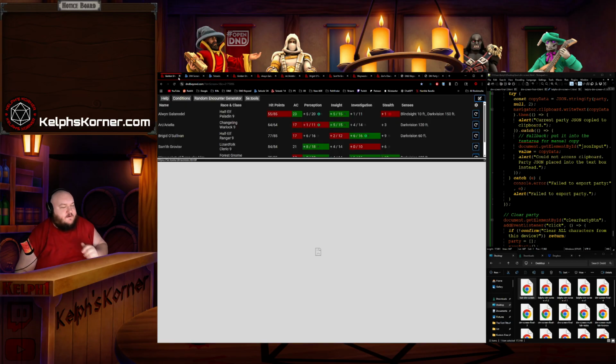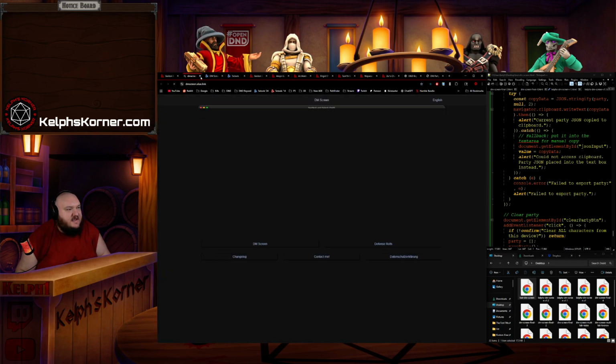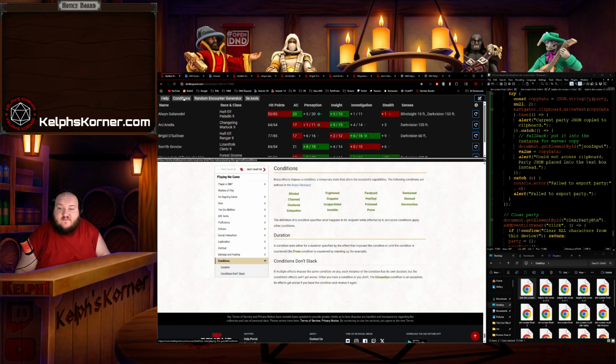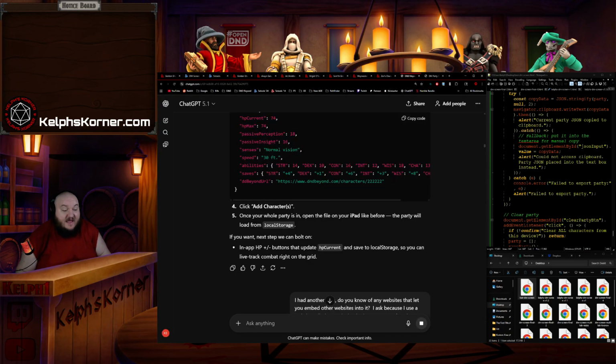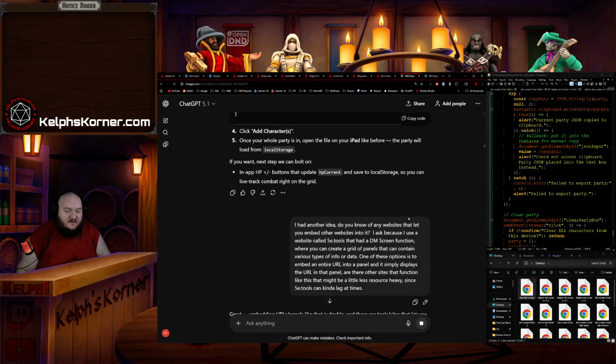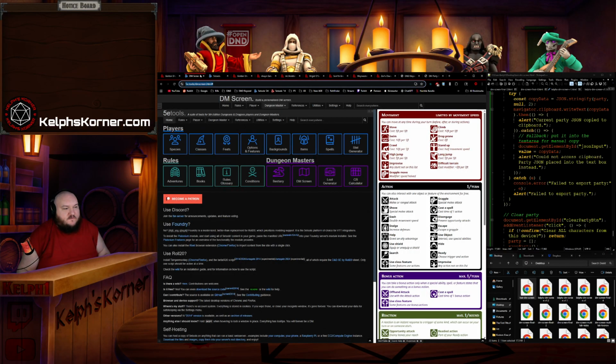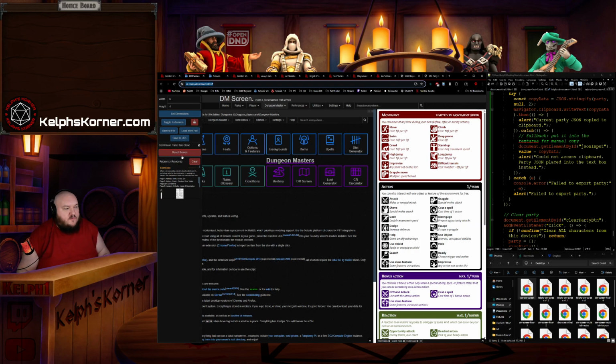Weird that doesn't work, but it allows you to open it inside of there. So at this point, I'm like, hey, can you add a way to access other pages? What if we have a way to embed stuff into the page? Because on 5e.tools, if you go into the DM screen,